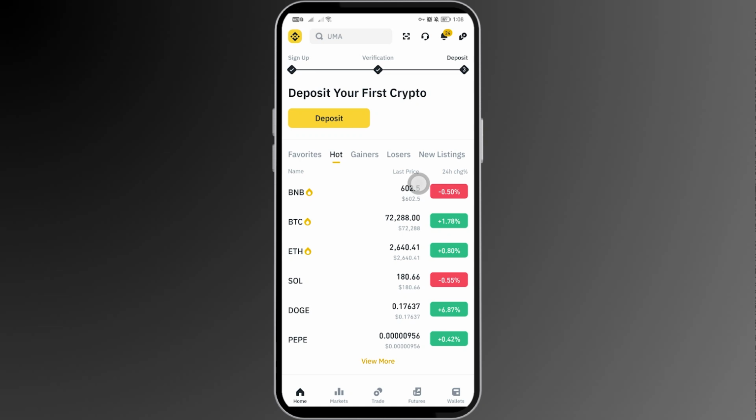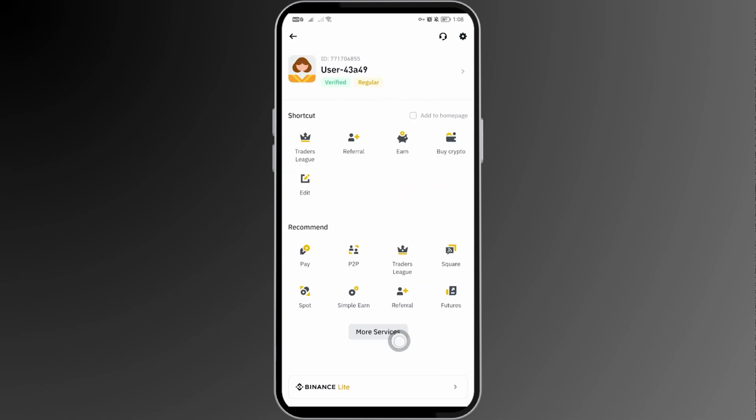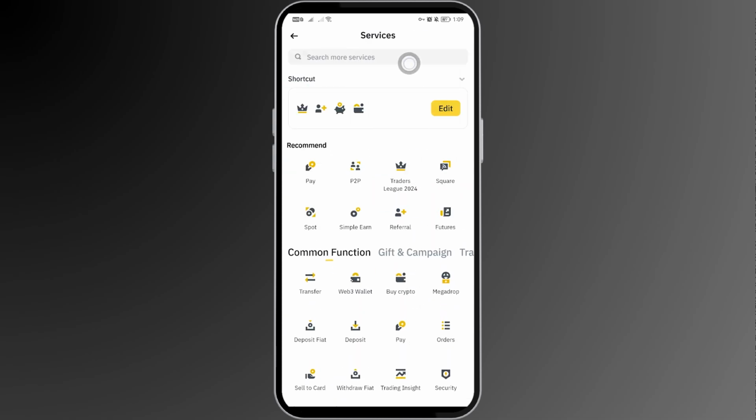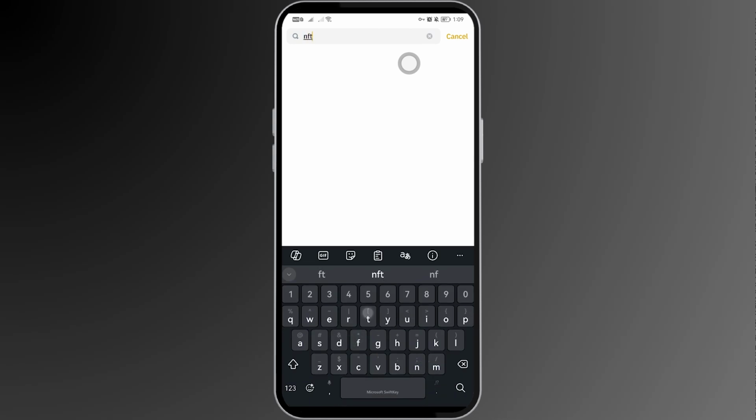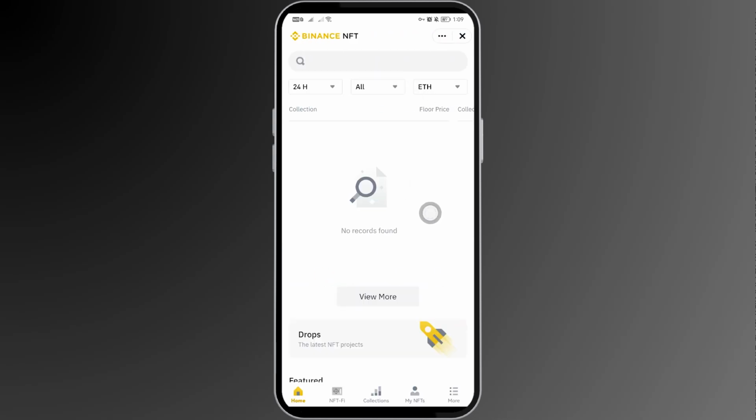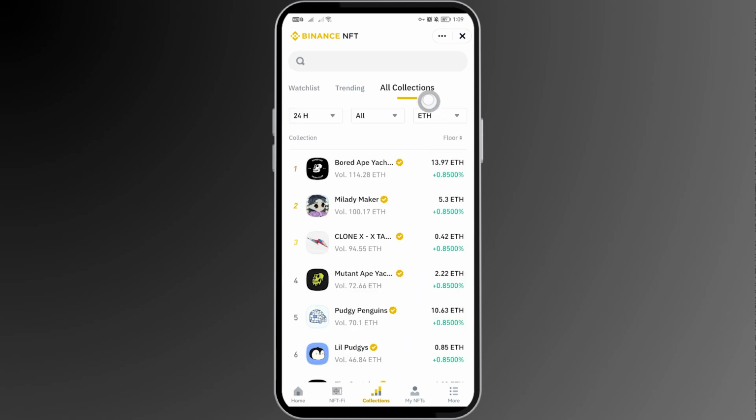Here's how to explore Binance NFT Marketplace. Now, this is pretty simple and straightforward. I want you to click this one and we should be seeing here more services. Here at the top, I want you to go ahead and type NFT and you should be able to see this one. So from this point forward, what we're gonna do is head over to the collections and then you